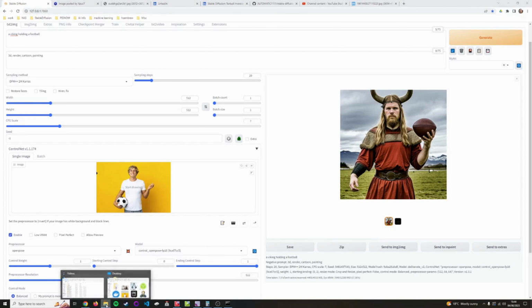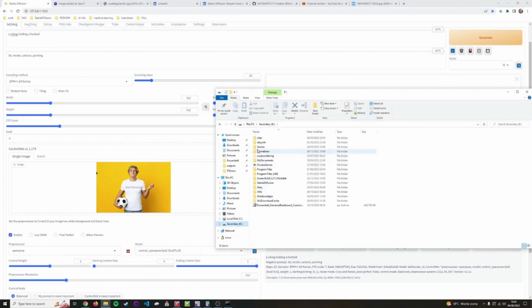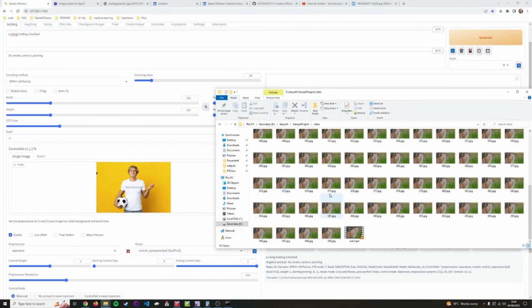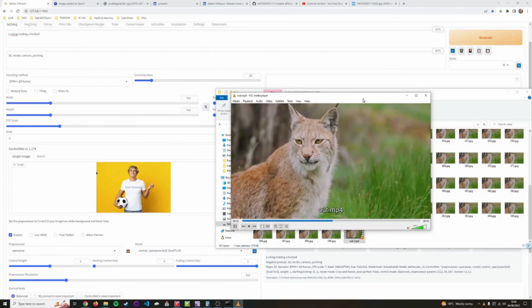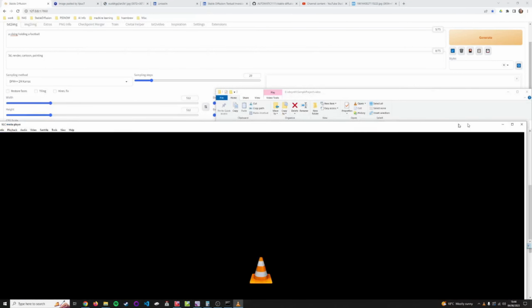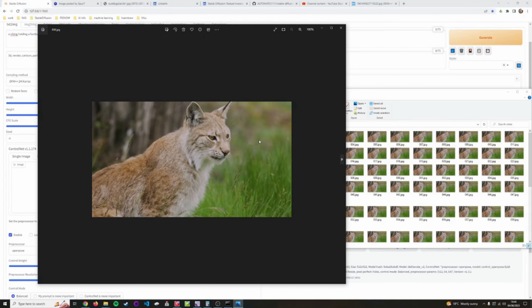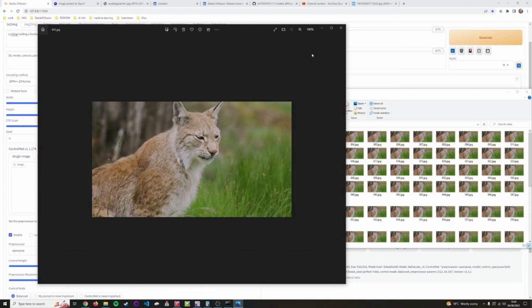One of those at the moment is actually called EbSynth, which I've used and I've played about with. Let me just quickly jump into that. So if you download this, it's absolutely free to use. It comes with an out-of-the-box demo, which is a small 2-second or 3-second clip of a bobcat. This is just to highlight how it works. But effectively, you take all those images from that original video. So you split them out into images, and then